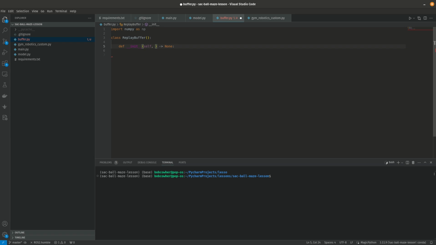We want self, max size, input size, and n actions. We're going to use that to calculate some of our array sizes here. So self.memSize equals max size,